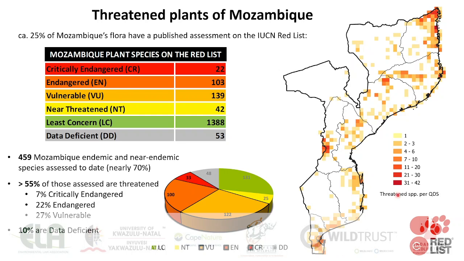As examples, this area up in the northeast of the country in the coastal lowlands is particularly rich in threatened species, as is the area of mountains along the Zimbabwe border here in Manica province. But you can also see concentrations along a second mountain range here running through northern Mozambique. And finally, there are concentrations of threatened species running along the coastal lowlands in southern Mozambique as well.